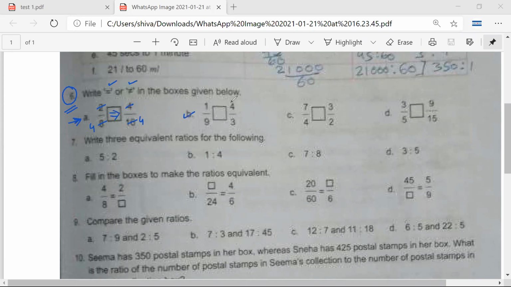Mr. Satya, B part: not equal to. Okay, correct. Mr. Sarthak, C part: not equal to. Shabash. Mr. Sarthak, D part,